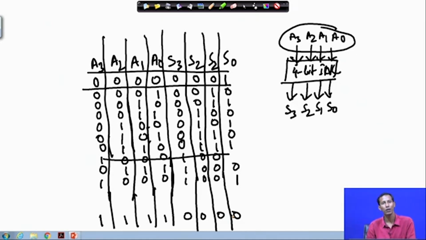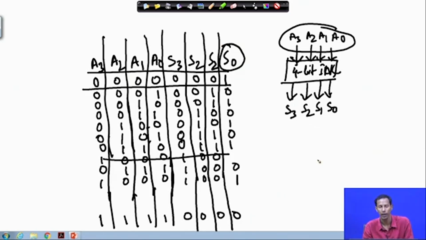So, how can we find that? We can find that using a Karnaugh map. I think this is very basic, which we have learned in digital electronic circuit design. For this particular bit, I have to see how A3, A2, A1 and A0 are varying. So for S0, if I want to describe the logical expression for S0,